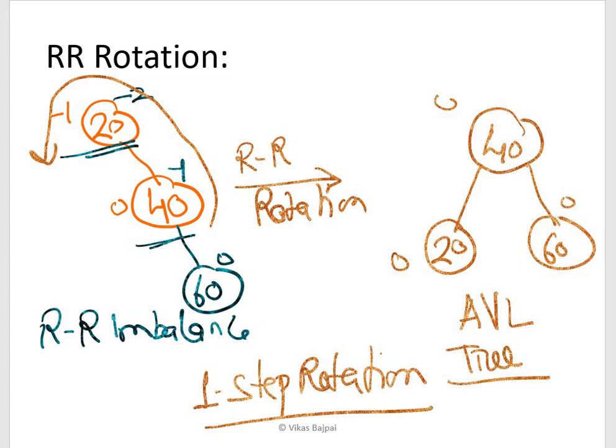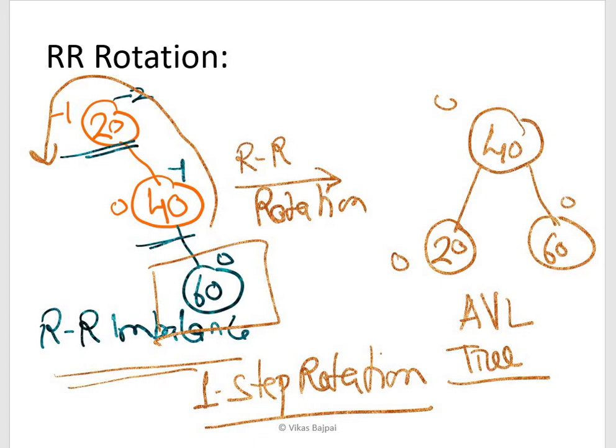The problem was that we inserted this particular value, which has resulted in a new set of balance factors, and we identified that this is coming out to be an RR imbalance. For that we went for RR rotation.